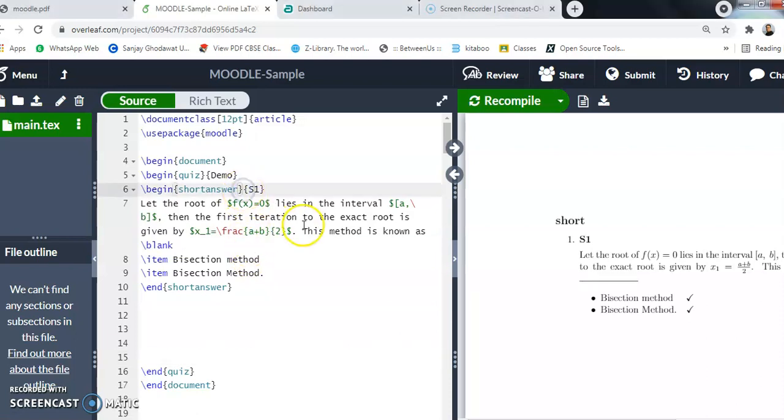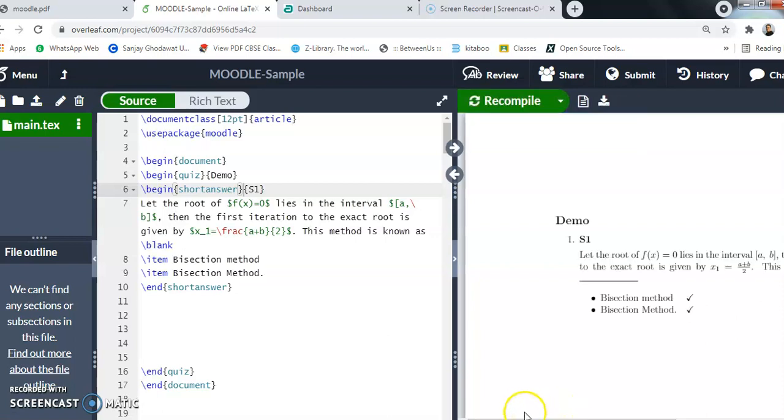In that case, go to the begin short answer question, and in the square bracket you can mention the optional part. So for case sensitivity you can use case. And suppose this question is considered for 2 marks, in that case we can do points equal to 2. But the general practice for short answer is not to use case sensitivity. Suppose a student forgot to use caps lock or capital letters, that question should still be graded properly. That's why I will remove these parts, that means the optional part, from this question, and I will compile the question, and in the PDF you can see the question type.